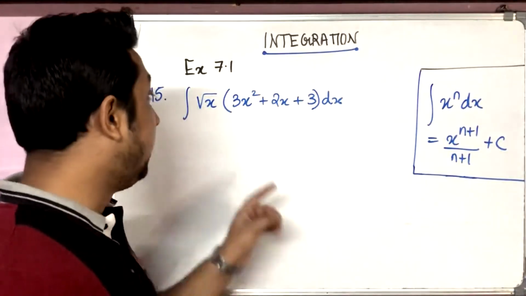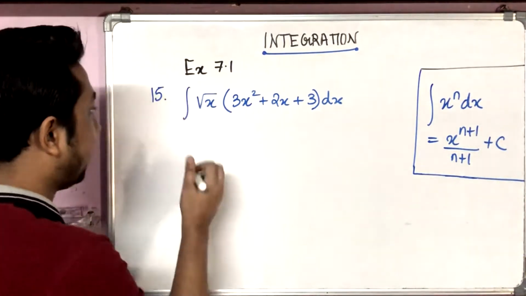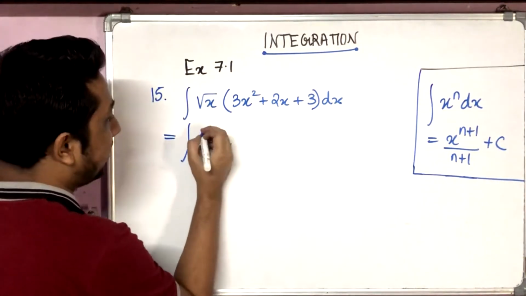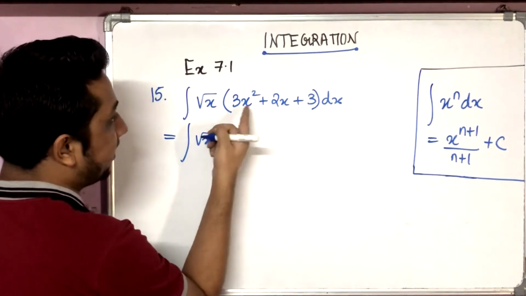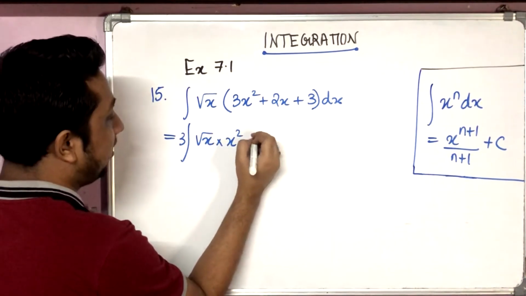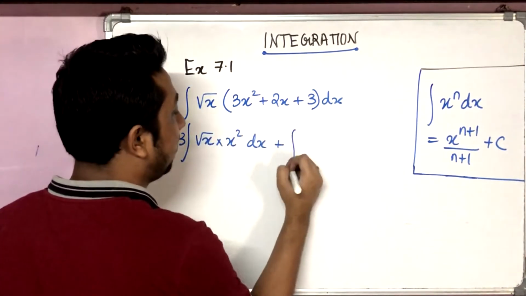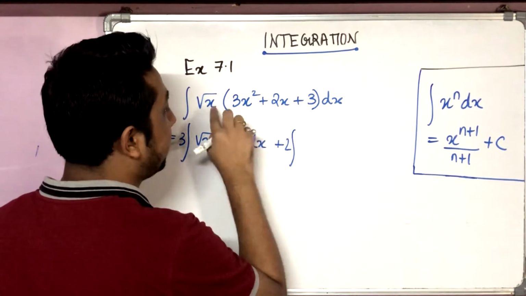So next we have integral root x into 3x square plus 2x plus 3 dx. Again ये भी उसी तरीके से होगा. We will multiply out and separate. So integral root x into 3x square, 3 बाहर आ जाएगा. Root x into x square dx plus 2x into root x dx, 2 बाहर आ जाएगा. x into root x